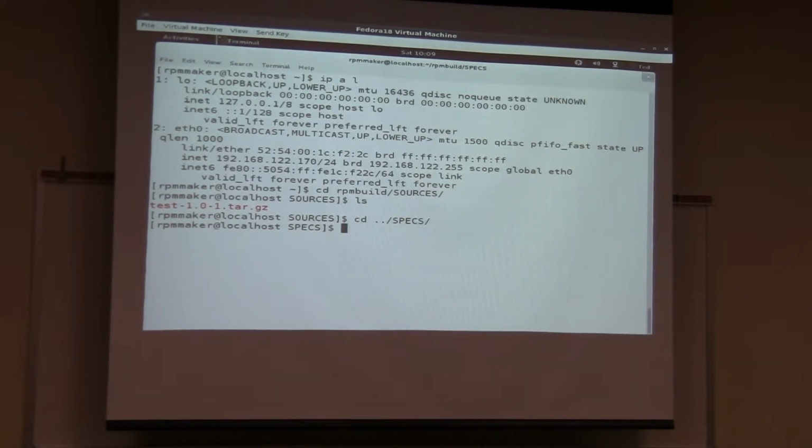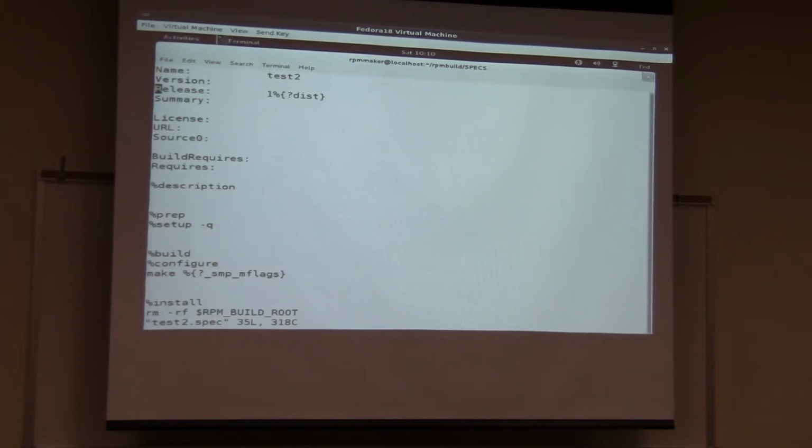There used to be a way that you could type in vi whatever .spec and it would give you a default spec file. They got rid of that. So now what you do is you type in rpmdev-newspec and then your spec file. You'd want to name yours test. I'm going to name mine test2 because I already have a test spec file in here. When you run that command, it returns saying it was created, RPM version is greater than or equal to 4.10. And when you open up the test2 spec file, because it added .spec to the end of that,